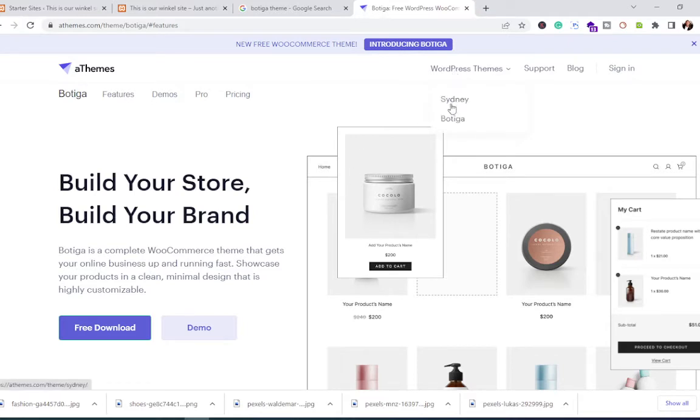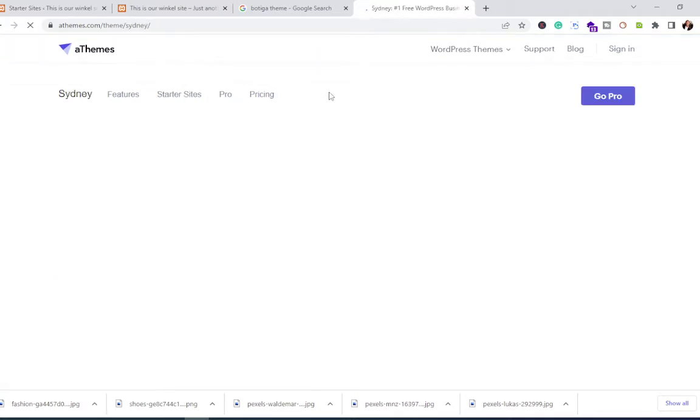It's a good one. Sydney Botiga. Oh, so it's one company that has two teams. So let's check out their Sydney team. Sydney team seems to be much more